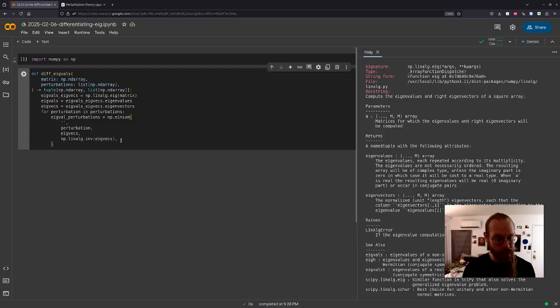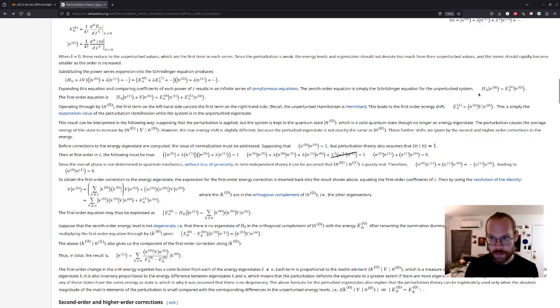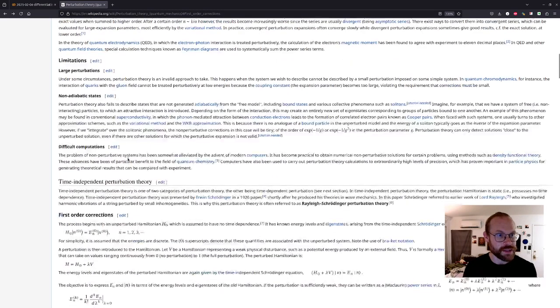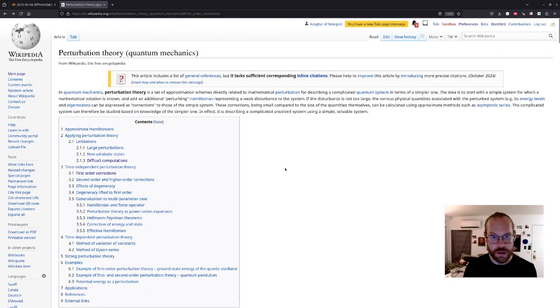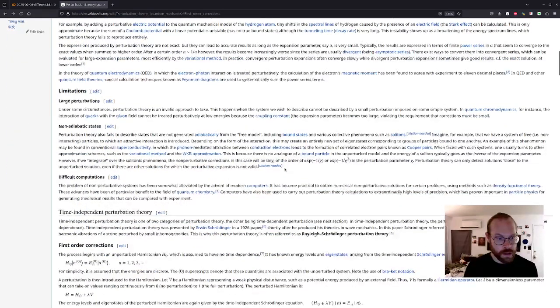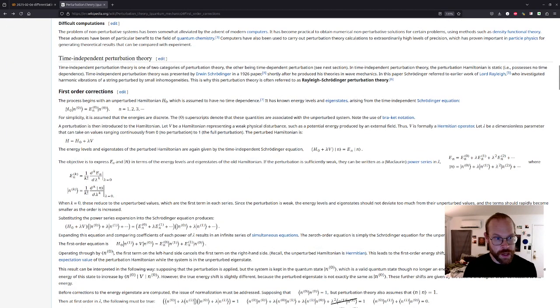So these are like the dual eigenvectors. And I think that's what you need to use on the perturbation. Technically, I think this whole page of perturbation theory is assuming that the matrix we're doing perturbations on is Hermitian, and so it will have orthogonal eigenvectors. But I want to see if I can write code that does it for general stuff.